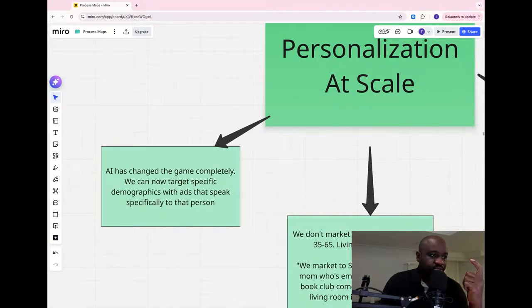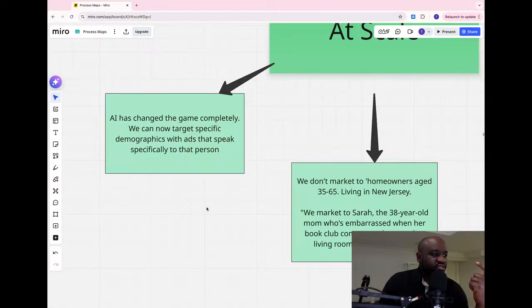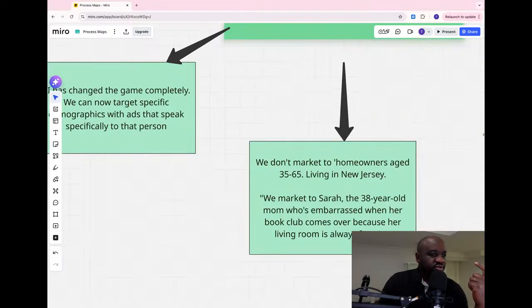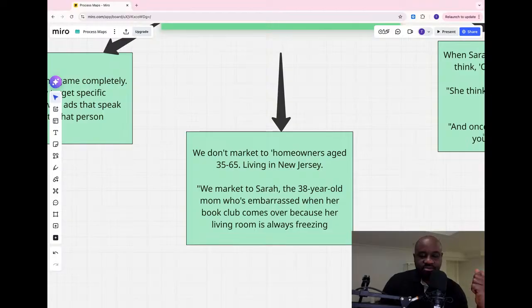Everybody has different issues, different pain points that they are going through. So why not flip the script and talk to that pain point, right? For example, we don't market to homeowners age 35 to 65 living in New Jersey. Come get windows. No, you market to Sarah, the 38-year-old mom who's embarrassed that her book club comes over and